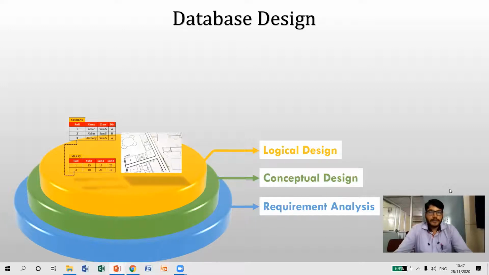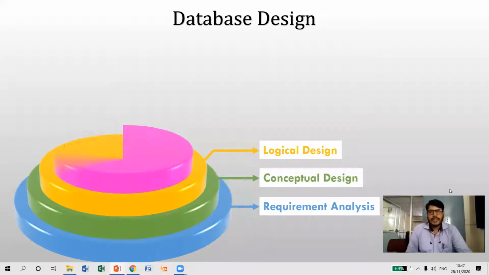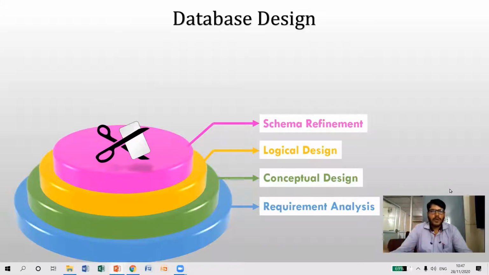We are able to see the schema. We are able to see the table structure for each and every entity. And we can provide a logical connectivity between multiple tables. So this is how we can frame the logical design by using a relational model. Once we get the relational model, directly we are not implementing what? The physical design. So before implementing physical design, we have to go for refinement process.